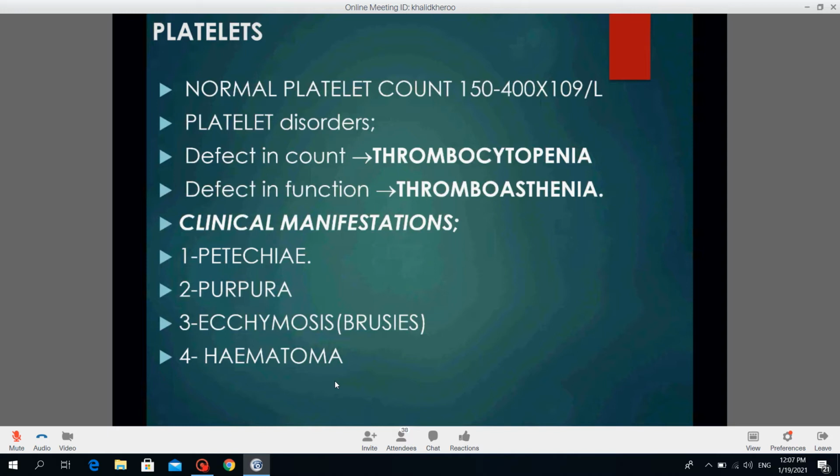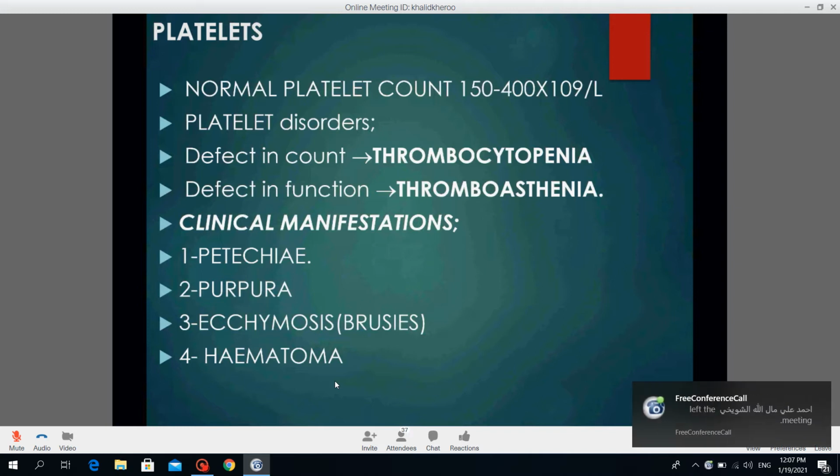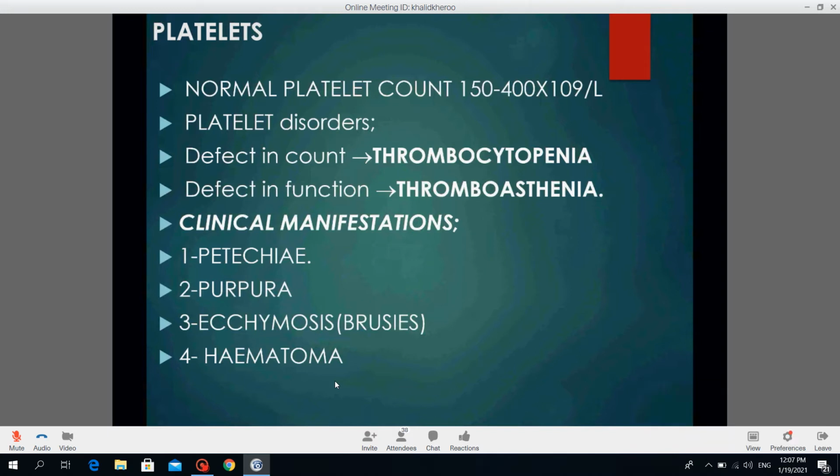هذا النورمال. إذا كان عندنا بليتلت أقل من 150 سميناها ثرومبوسايتوبينيا، وإذا كان البليتلت كاونت نورمال بس اكو بليدنج مانيفستيشن سميناها ثرومبوسايتوبثينيا. يعني ديفكت بالفانكشن، ما عاد تشتغل. هذا اللي حكيناه بأن البليتلت لازم تعمل ادهيجن، تلتصق بمكان البليدنج أو تتكتل مع بعضها، هذا نسميه ديفكت بالفانكشن. واثنيناتهم يجون بليدنج مانيفستيشن، يعني المريض يجي مثل ما ذكرنا بيتيكيال هيموريج، بيربورا، ايكيموسيس، هيماتوما مرات، والبليدنج ممكن